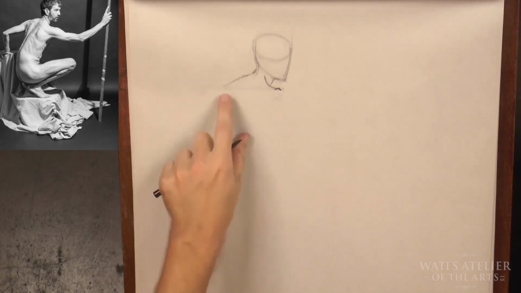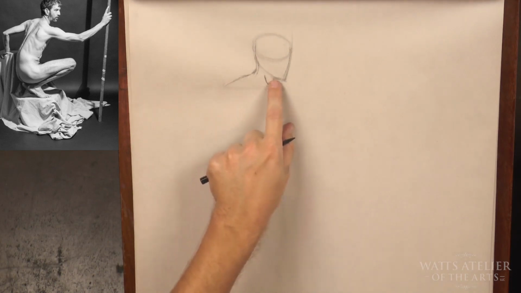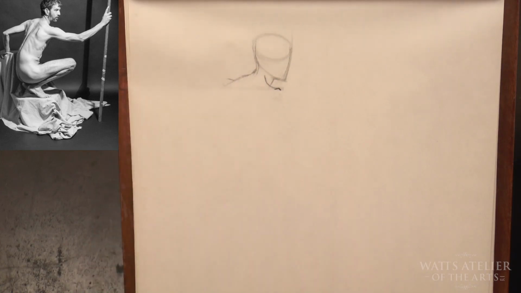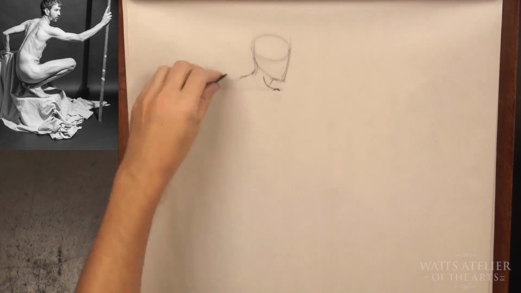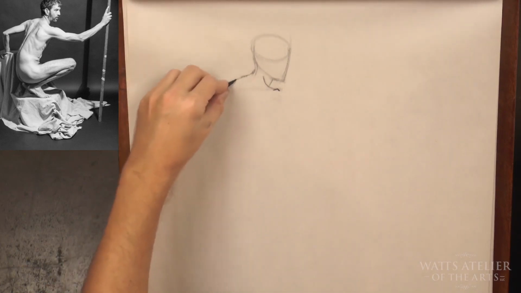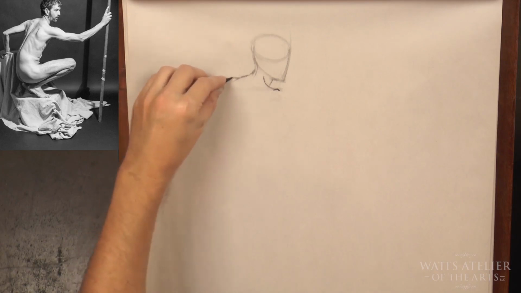And again, using another plumb line, it's going to sit kind of even with his chin right here. So that shoulder is going to pop out here, and also make sure there's not too much trapezius on here. Shoulder pops out about chin level here and then cuts back